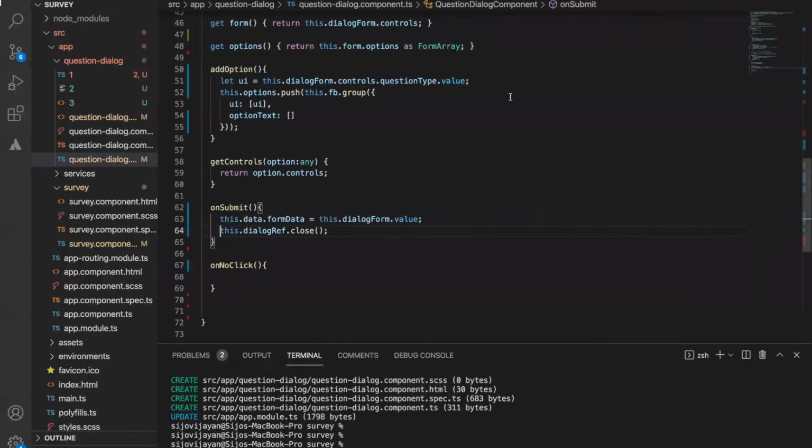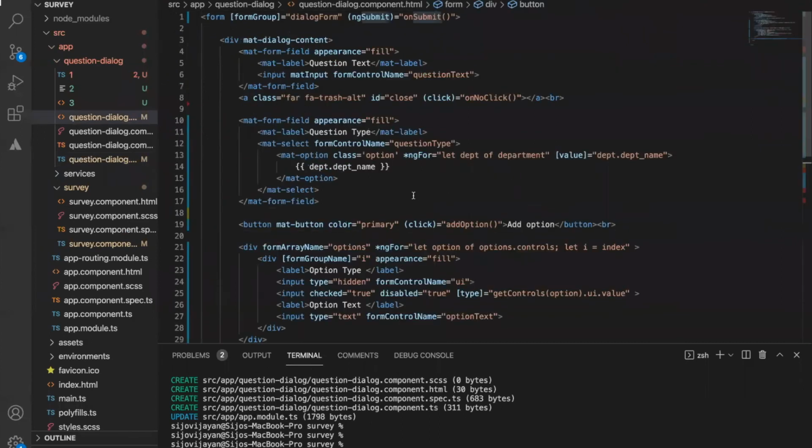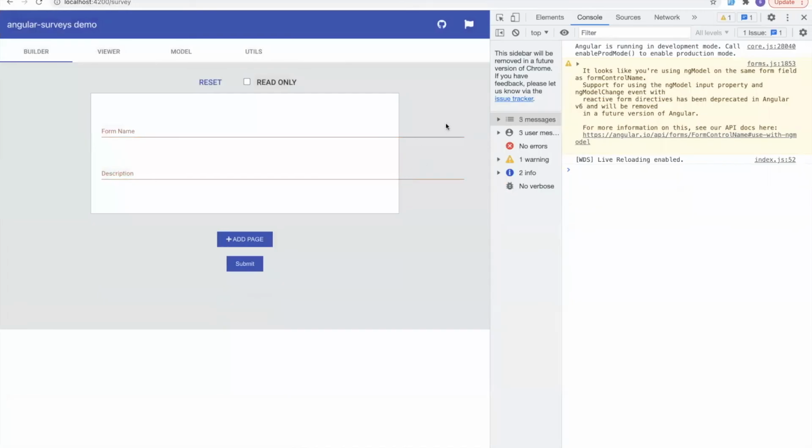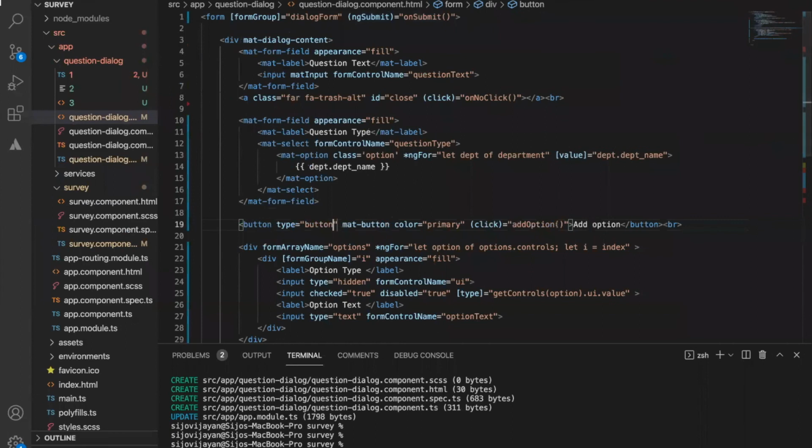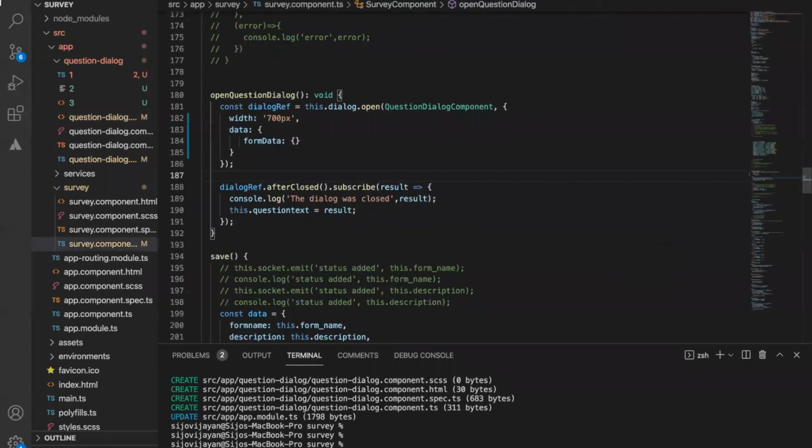Okay, here we can see that add option, we are using a button. So on the click of that button, the form is submitting. That's the issue. So we need to change the button type. We need to specify the button type. So I will put type as button. So from this time onwards, I hope it won't happen again.